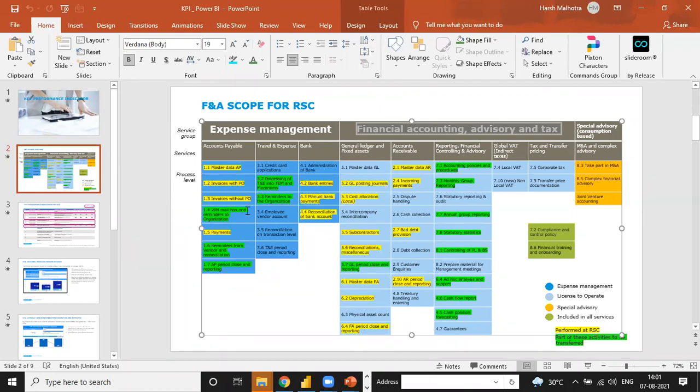And second, WIM mailbox and reminder to organization means we have a task related to AP, and the other is the WIM mailbox. So these are the yellow tasks we have done in Power BI, and these are the green tasks we have done manually. So that is the use of Power BI, because sometimes we don't need that kind of report.